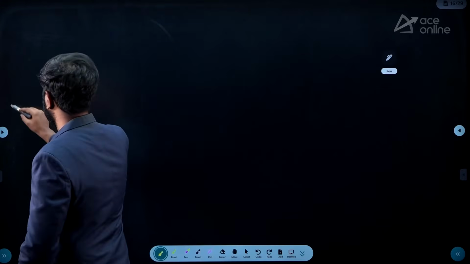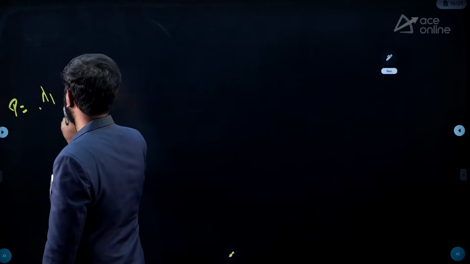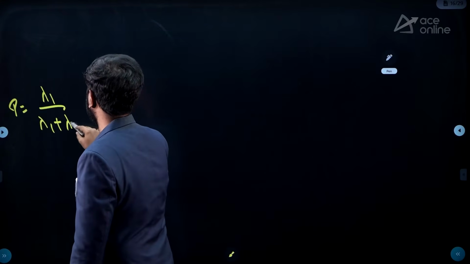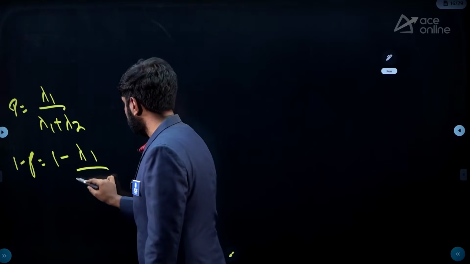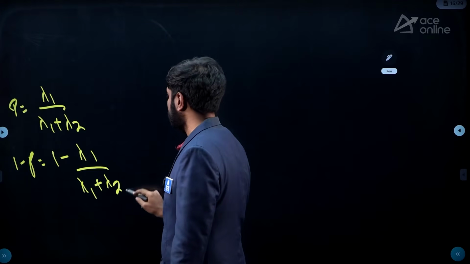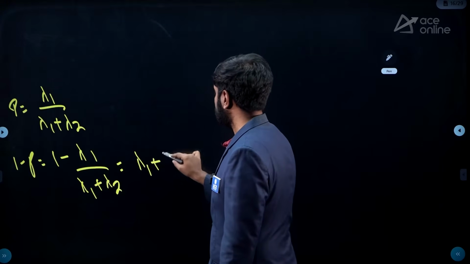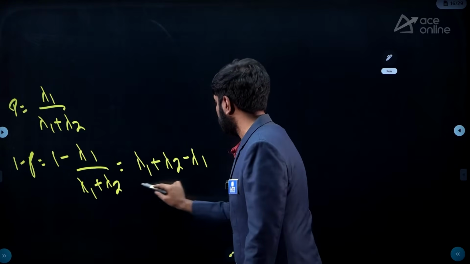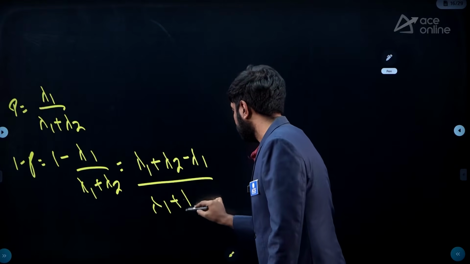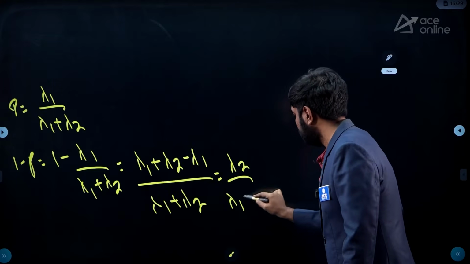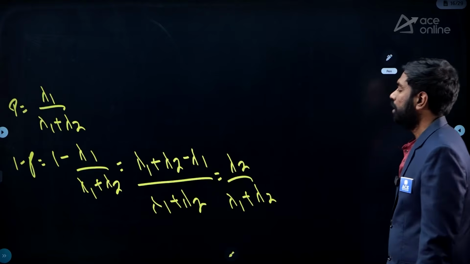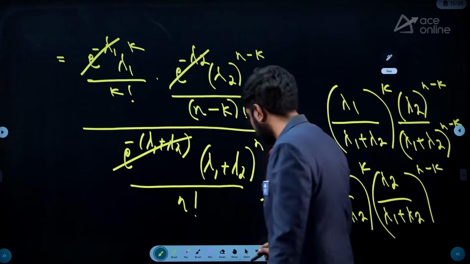Go to the next page. If I say p is lambda 1 by lambda 1 plus lambda 2, then what will be 1 minus p? 1 minus lambda 1 by lambda 1 plus lambda 2, which is lambda 1 plus lambda 2 minus lambda 1 by this denominator. And then after cancellation, it is lambda 2 by lambda 1 plus lambda 2. So what I'm trying to say is, finally,